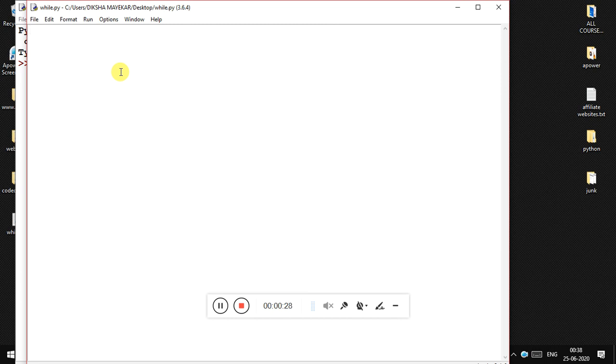Okay, so while loop is basically a loop which executes certain amount of the statements as long as one particular condition that is given by a user is true. Okay, so what I'll do is I will declare one variable over here, and after that I will make use of the while statement. I will give the value to this variable as 10. Okay, so I will say variable 1 is equal to 10, while variable 1